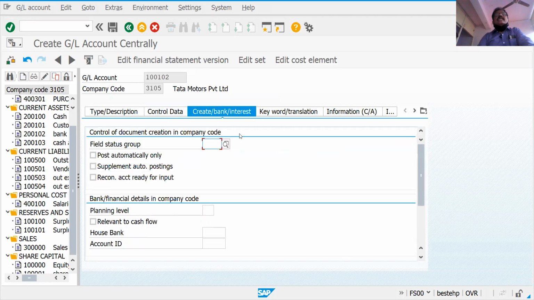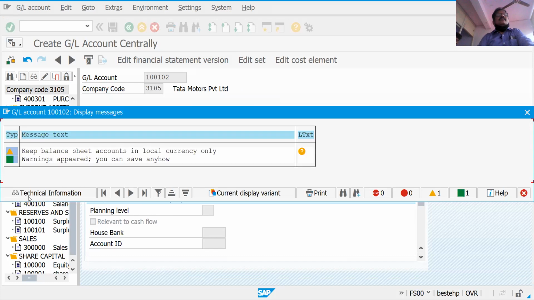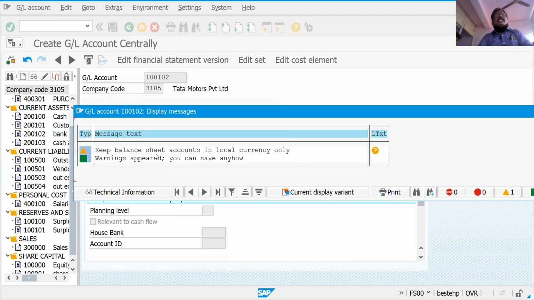Here, create a bank and interest, G001. We need to take here, save this. A warning will come. This is a positive warning only, not to keep the balance sheet accounts in local currency.